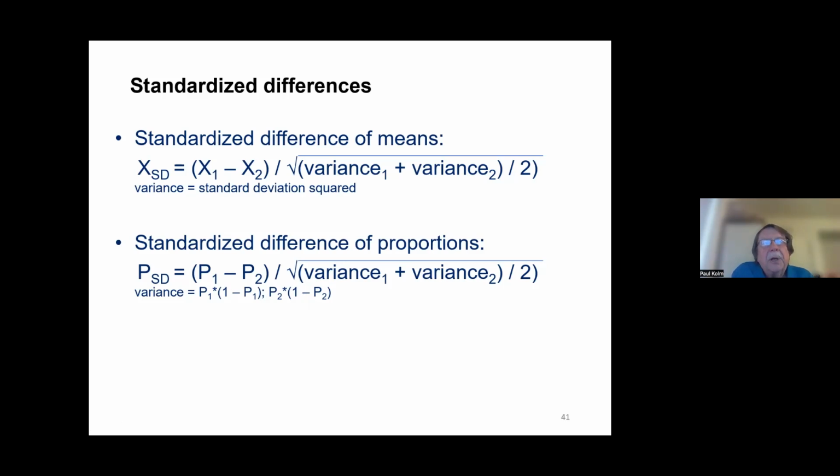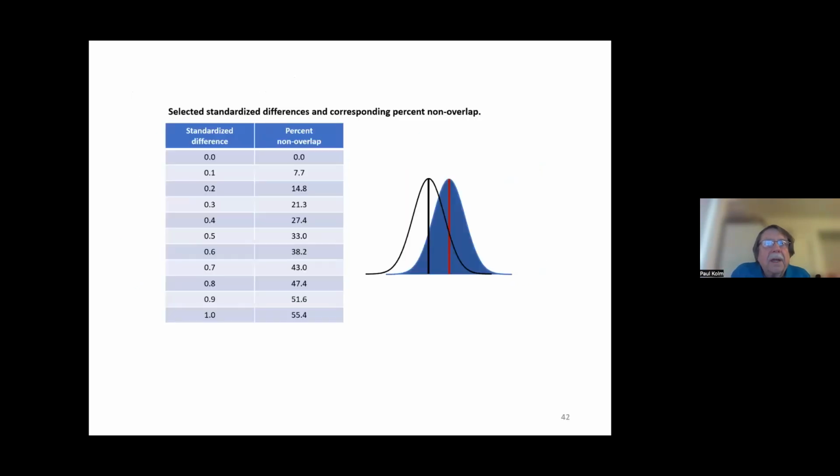And this is particularly useful when you have a table, usually like your table 1 in reporting your results, where, say, you want to compare the two groups with respect to demographic variables, age, sex, and so on, and or some comorbidities, the proportion who are in each group who are diabetic, have hypertension, and so on. And so the idea here is that when we calculate the standardized difference, we get a measure of the non-overlap in the